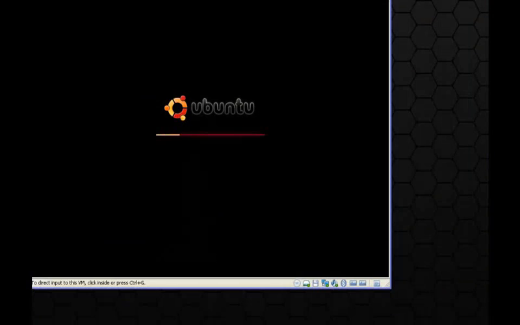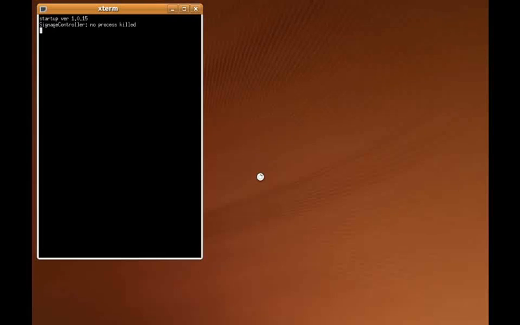Okay, so now my Ubuntu machine is loading up. We're actually using VMware, which is an application that allows you to run Linux inside Windows. But again, this is just for demonstration purposes. In your case, you're going to run Ubuntu on a dedicated machine. So now you see that Ubuntu is loading up, and you'll see in a second that it's not going to prompt me for a username and password. It's just going to go in automatically, and as you can see, the Signage controller is already kicking off